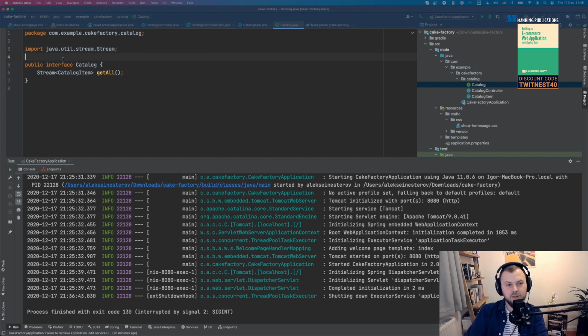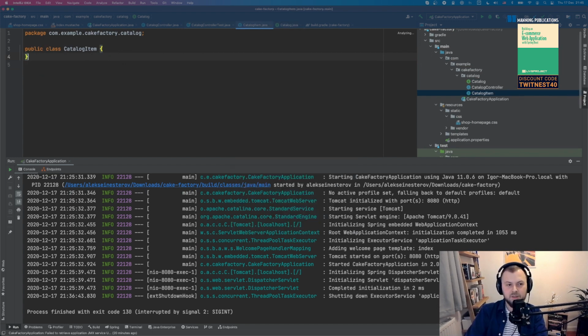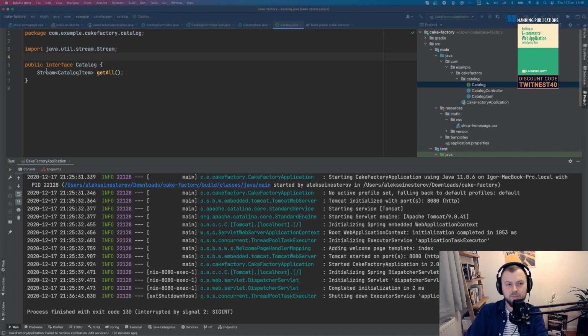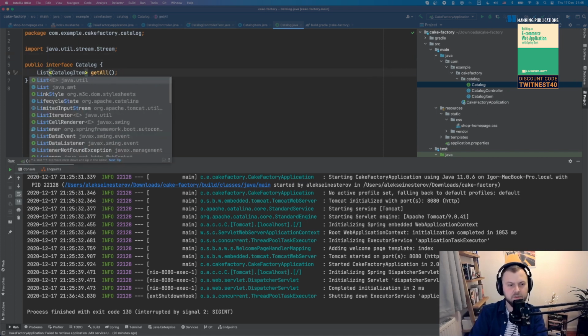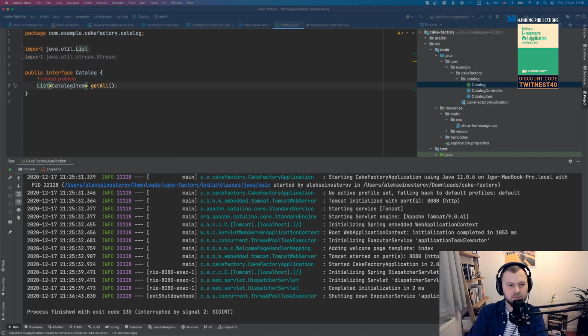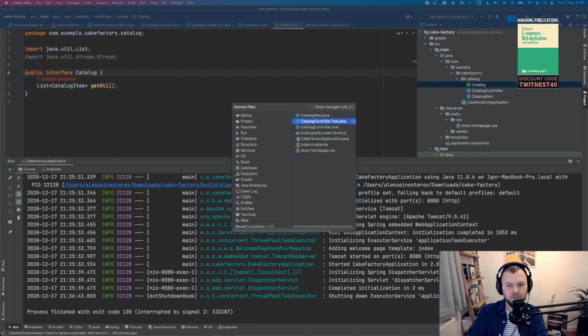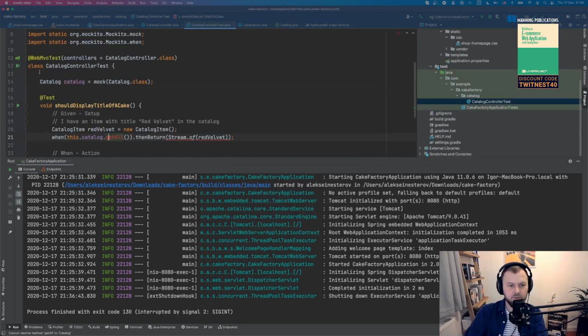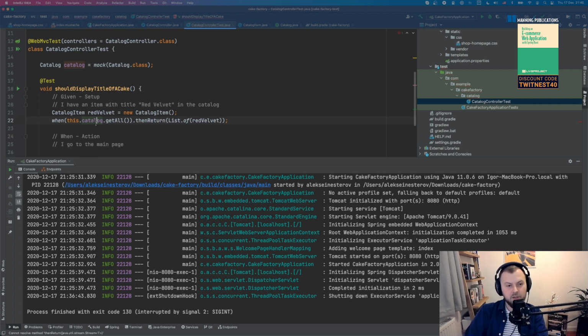So we know that it's going to return something, and this something is going to be, you know what, let's not use stream, let's use list. It might be a little bit easier to follow. So in here, I'm going to do a list of, right? So let's say now I know that my interface should have this method called getAll.